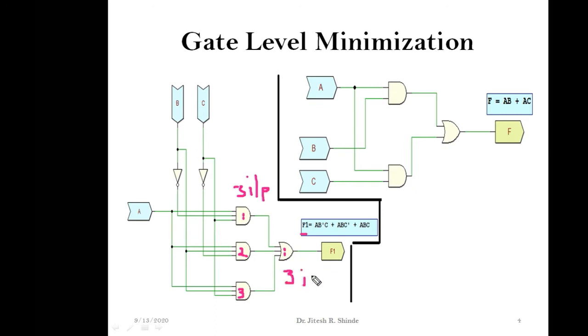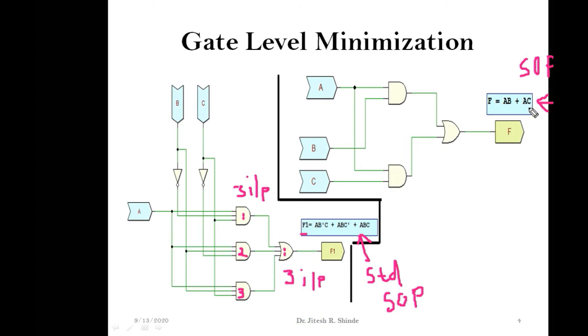Now see, F equal to AB plus AC. On using Boolean algebra, Boolean laws, we get this optimized equation. This is the SOP equation, but it is not in canonical form. The earlier one is a standard SOP equation because in each product term all the literals are present, either in true form or in complemented form. Here variable C is absent in AB, so I will call this a product term, not a min term. Here B is absent, so this AC I will call a product term, not a min term.